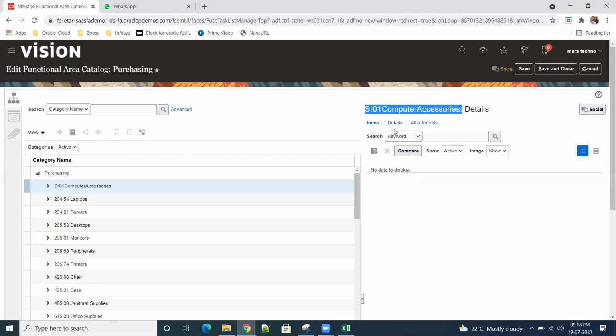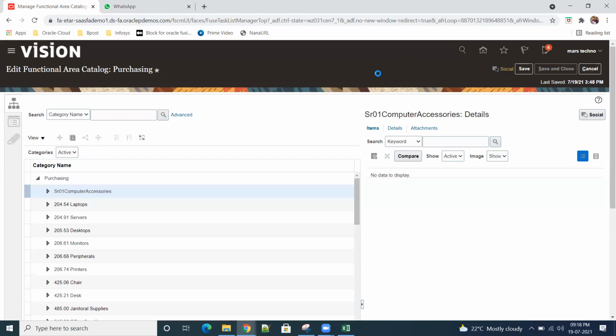So this is the way to create the catalog and category. This functional area catalog is a key configuration for suppliers, local catalogs, punch-out catalogs, all those things. Save and close.